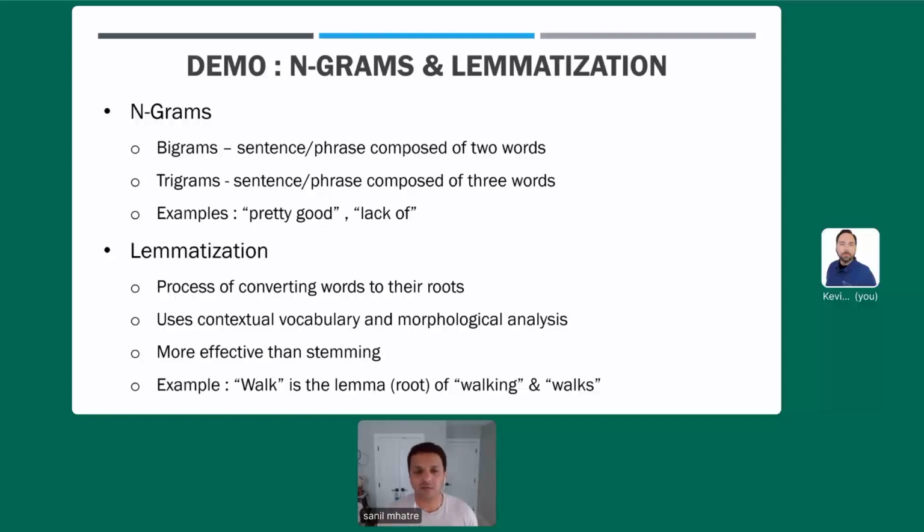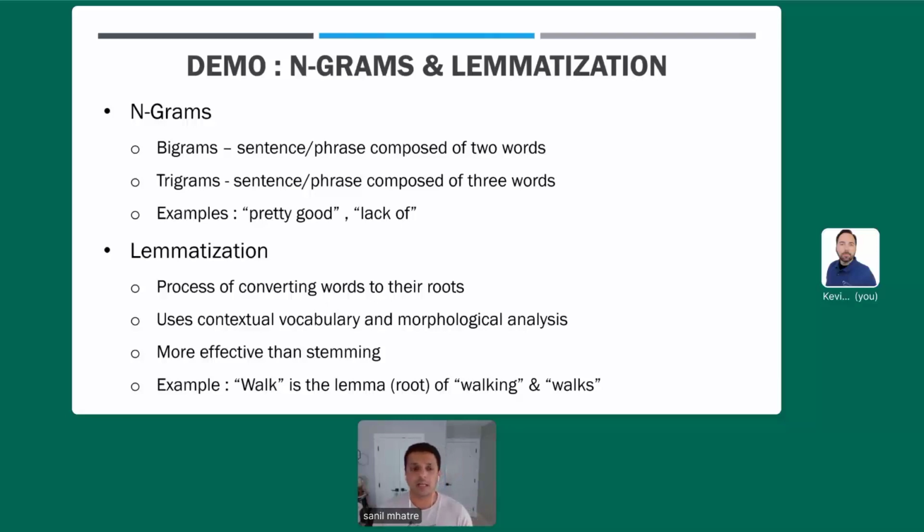When a sentence or a phrase is composed of three words, it's called trigrams, and it goes on and so forth. So it's called n-grams. A good example of bigrams would be "pretty good" or "lack of." These two words, when they come together, make more sense than looking at those words individually.